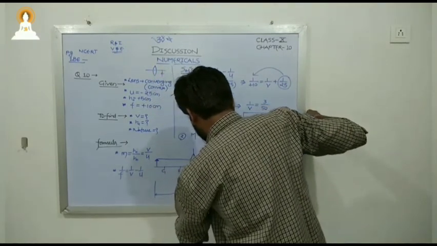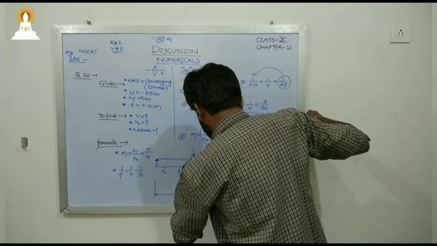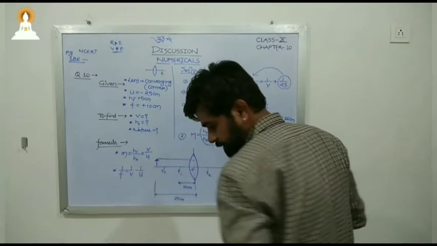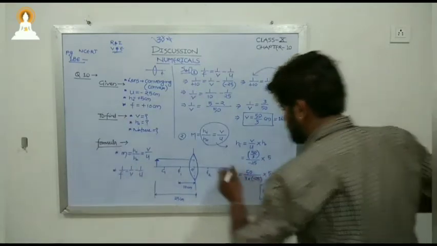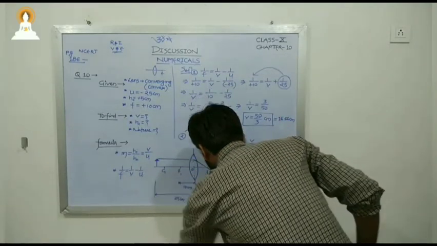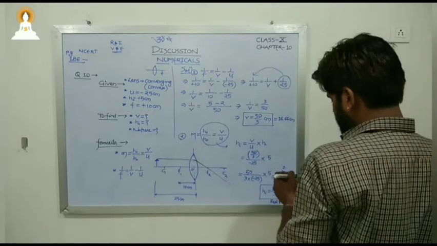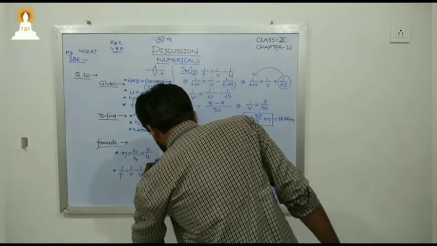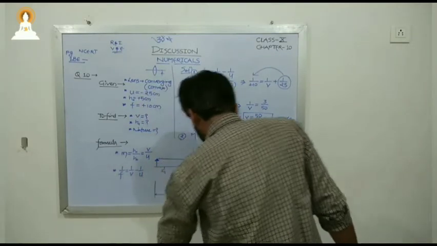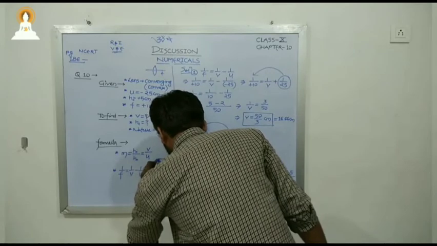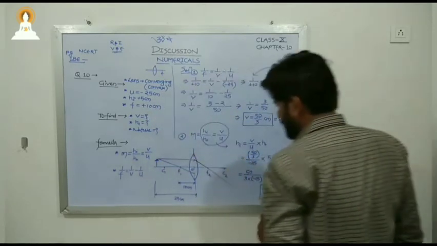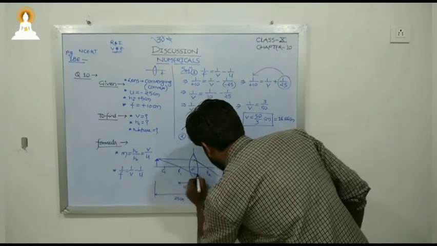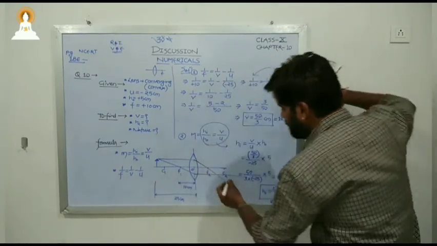Okay, so the image will be what, rule number one says if the ray will be passed through focus. Okay, and then another one will be what? If we draw a line through focus. Okay, so rule number 2, then light will move from focus 1, then it will meet somewhere in between.